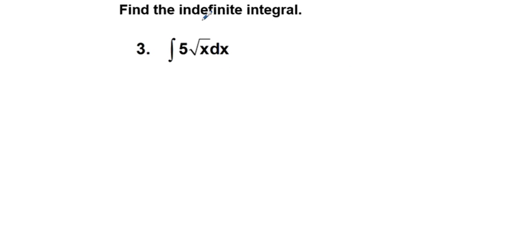Now we have find the indefinite integral. We have the integral of 5 square root of x dx. What we're going to do is a kind of a two-step deal here. We're going to move this coefficient of 5 out front. The integral of the square root of x is the integral of x to the 1/2 power. And when we take this integral, we end up with 5 x to the, we add 1 to 1/2, so